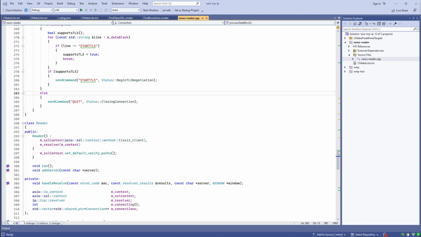Now, in NNTP, while there are servers that support so-called NNTPS, namely, once again, similar to HTTPS, that once you connect to the server, you must immediately initiate the TLS handshake to bootstrap the socket from plain text into encrypted text communication,